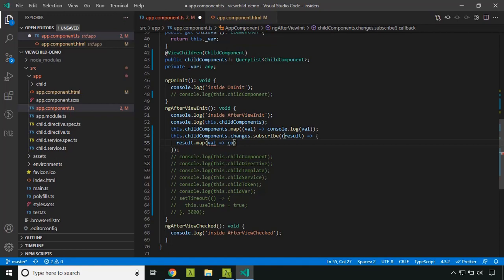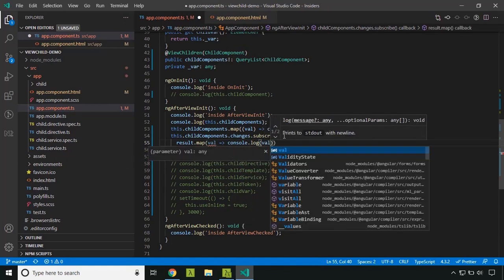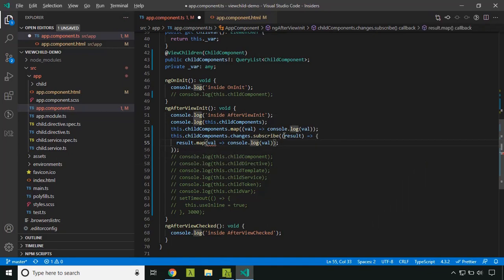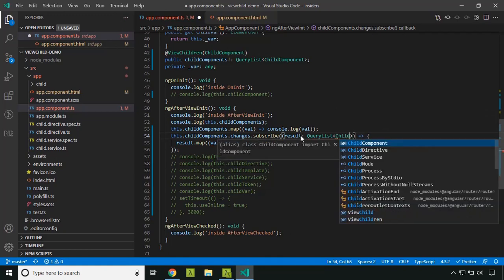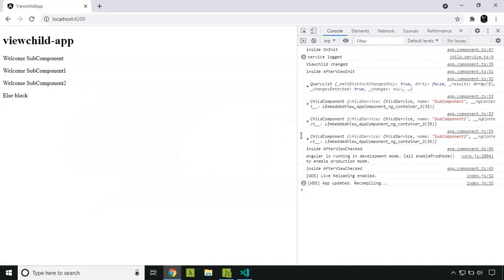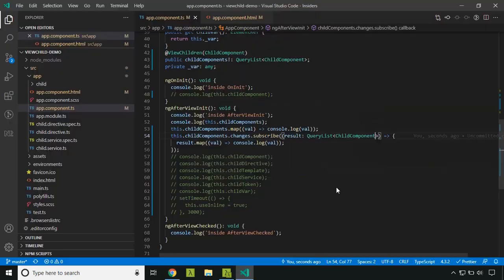So here I am logging it to the console. Since currently there is no change, it will not display anything.